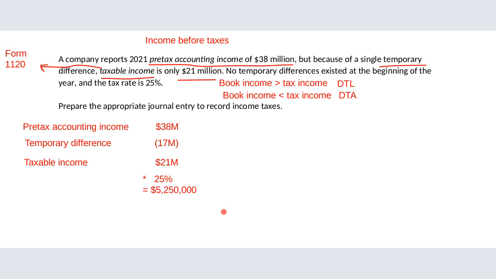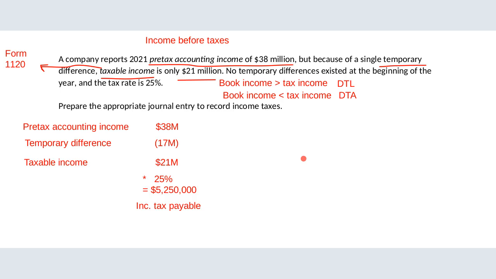This means what is actually due to the tax authorities. This is how much taxes I will report on my Form 1120, and I will have to remit to the tax authorities. All right, now we have to calculate the cumulative effect of this temporary difference. So we take the temporary difference and multiply it by the 25%,